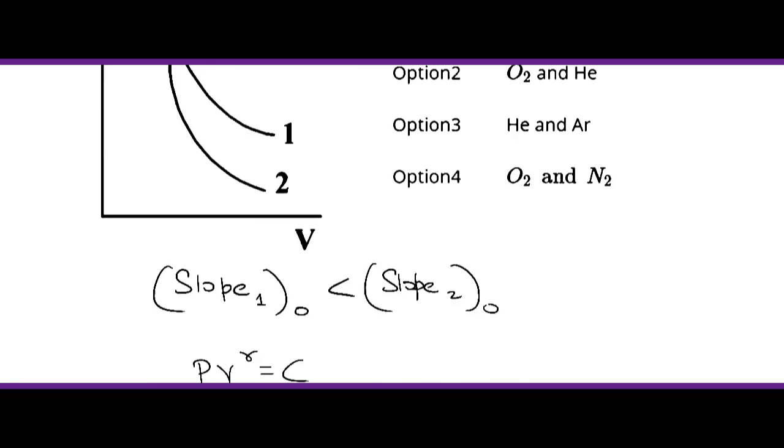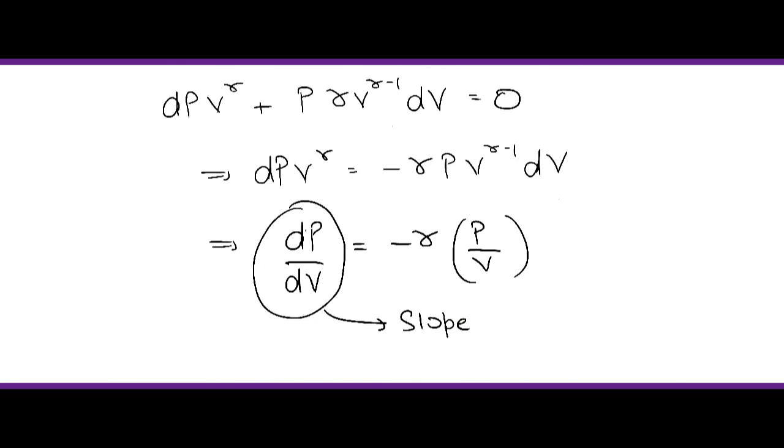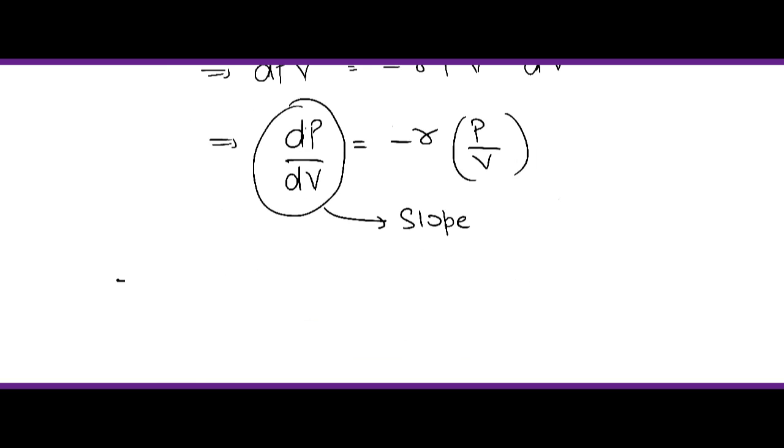Considering point O, the slope at point O, that is dP by dV at O, will be equal to minus gamma into